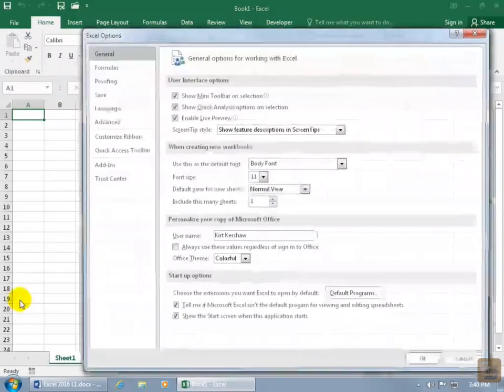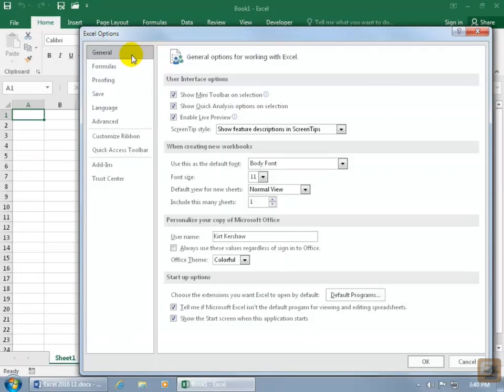Go down to Options. General is selected by default, so just come down and go over to Personalize your copy of Microsoft Office. Now in this section, it's going to personalize all of Office, not just Excel, otherwise it would have said Excel. So, for example, the Office theme is colorful. You can click on the drop-down arrow and there are only a couple of choices here. In any case, if I select white, it's going to update all of Microsoft Office, all the applications you have